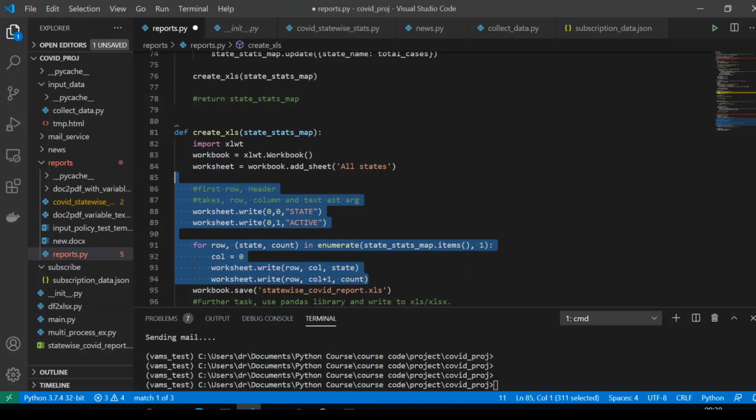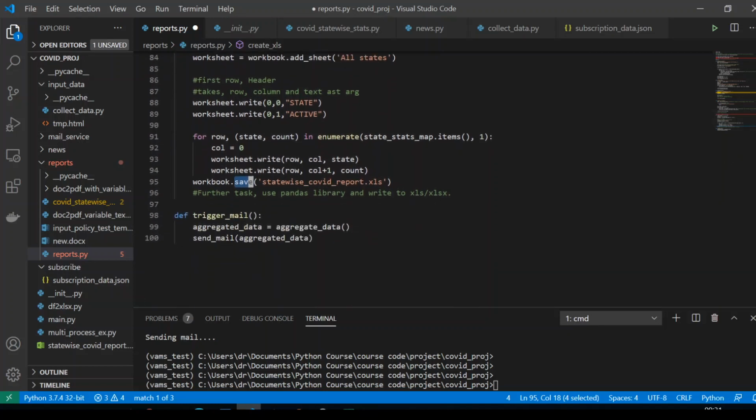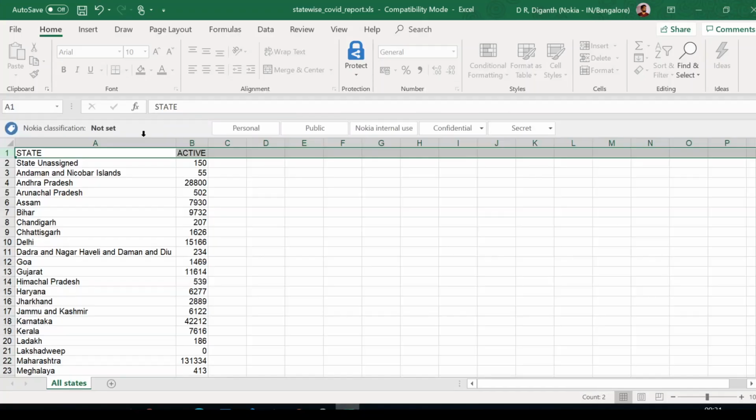Once I do workbook.save, because workbook is a file, I can simply give the file name and it puts it onto the hard disk. This is where we dump the actual data that we realized from the objects onto the Excel sheet. That is exactly what you are seeing here.